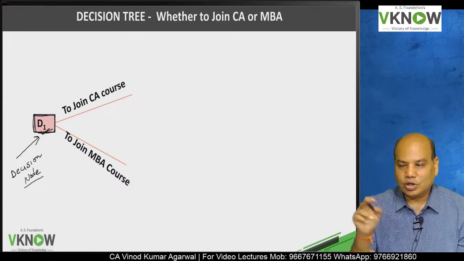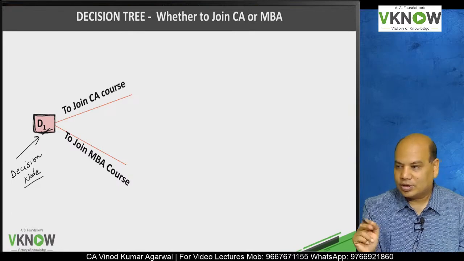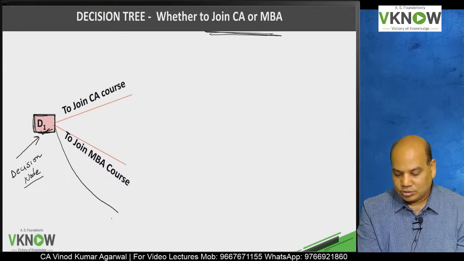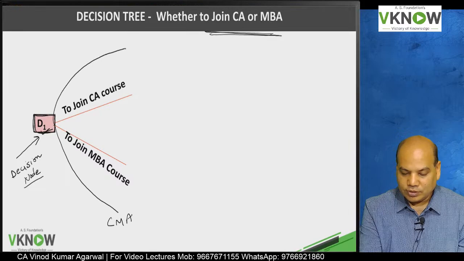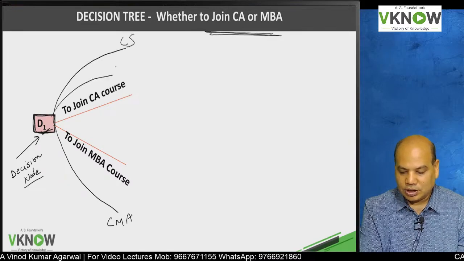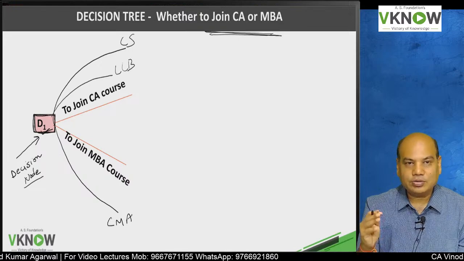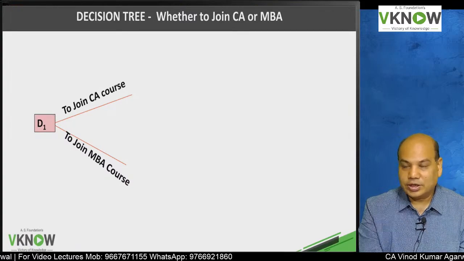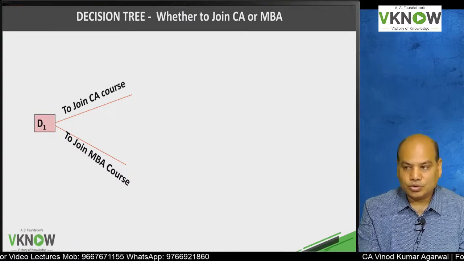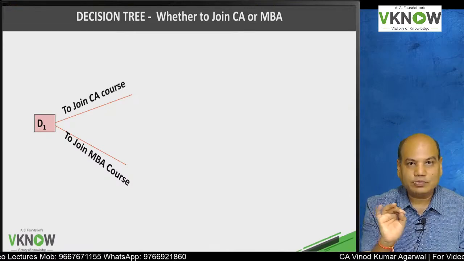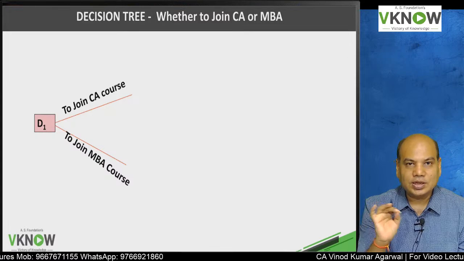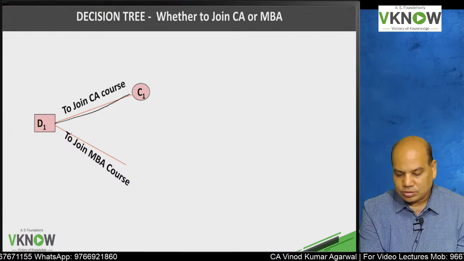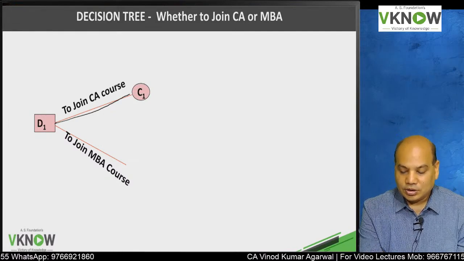From the decision node you have to write all the alternatives that you have. In our example, we have only two, CA or MBA. Suppose you can have one more, CMA, or CS or LLB. No problem. You can write 2, 3, 4, 5, 6 alternatives, out of which you have to choose one. So depending upon the question, we can have 2, 3, 4 branches emerging out of it. So write down what you want to do, CA course, MBA course, but there will be